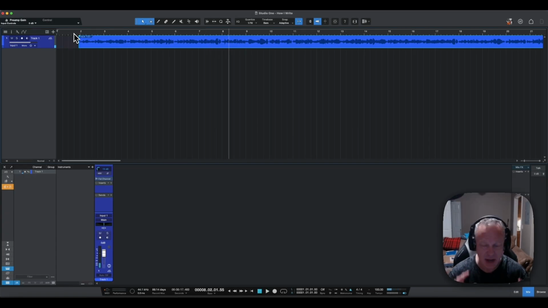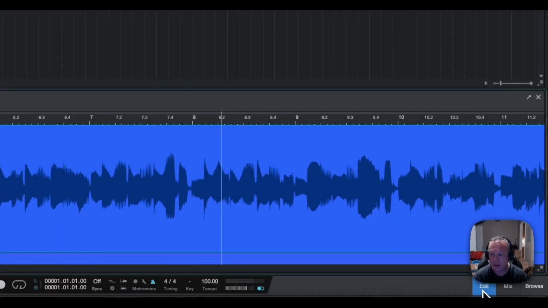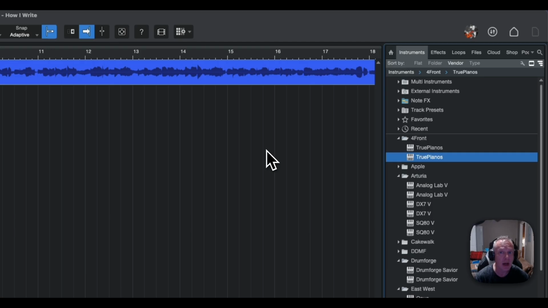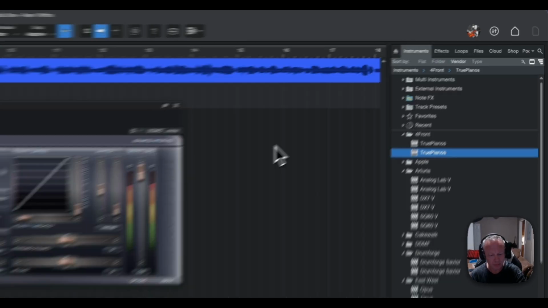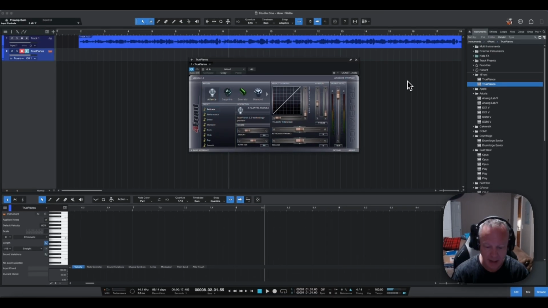So that's that same progression. So what I start with in most cases is a piano. I'll drag in a piano, and I will find my chord. So it's